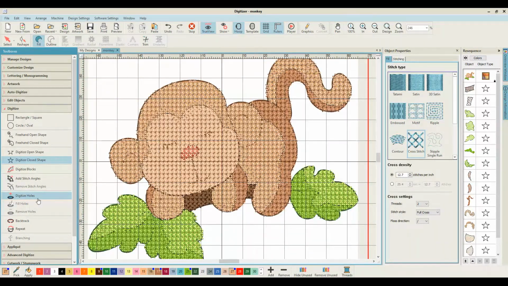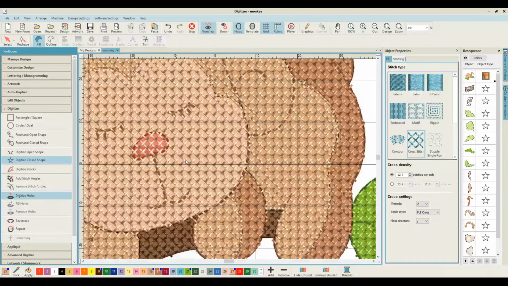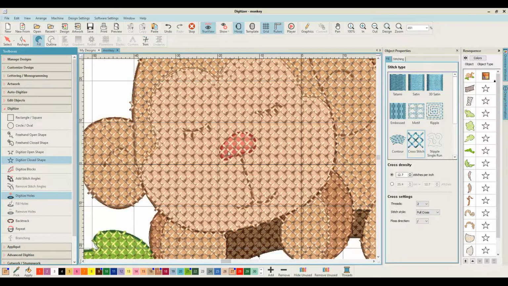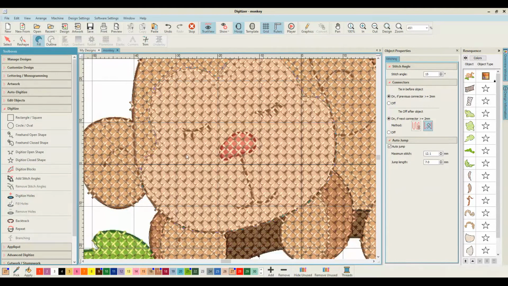Okay, so that is the basics of our digitized monkey. Now what I do have to do is, you can see here that I've made his face, and I need to cut out the area where we are going to place his nose. To do that, while we're in our digitized toolbox, we need to come down and select digitize holes,